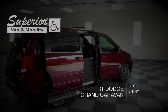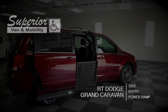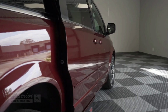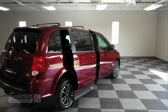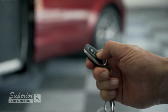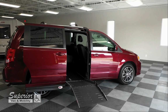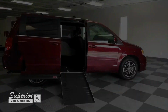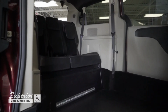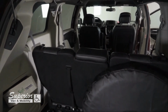Here, you're looking at our standard 10-inch lowered floor power remote controlled Bifold Ramp system. With the touch of the factory key fob, you can open and close a power sliding door, exposing our powered bifold non-slip ramp that is not only easy to negotiate, but also does not require the use of a complicated kneeling system. Once inside the van, you'll notice our easy-to-clean non-slip flooring, as well as our strategically positioned in-floor wheelchair